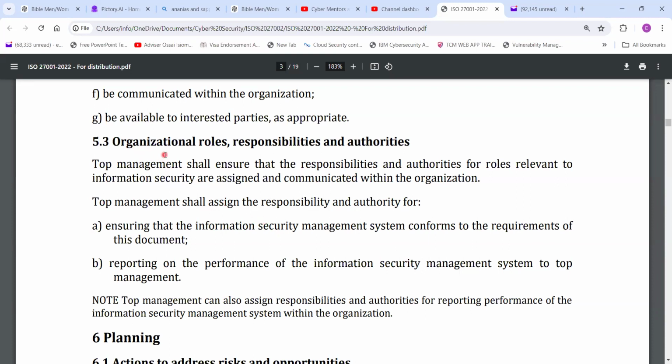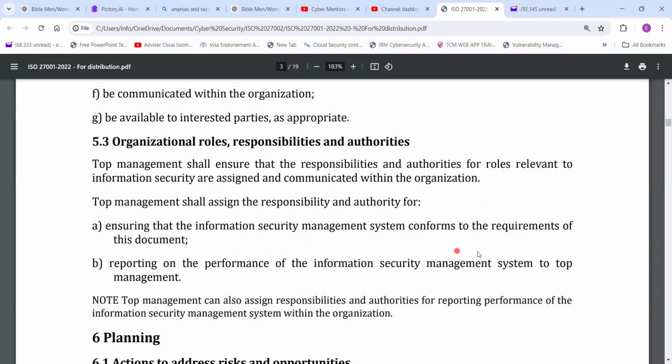So they have another heading, organizational roles and responsibilities, and what it means is that you have to define roles, make sure everybody understands their roles. So you can say, okay, for example, we have a CISO. The CISO is to make sure that he oversees everybody, ensures that we have security in place. We have a cybersecurity team, we have the IT team, we have the incident management team, we have the procurement team that will ensure that the suppliers, so you have to come up with roles and responsibilities regarding